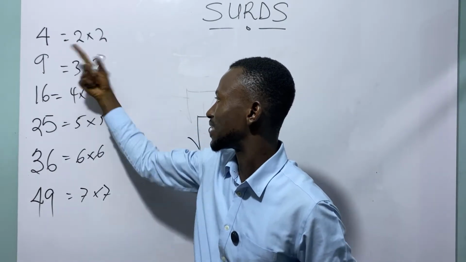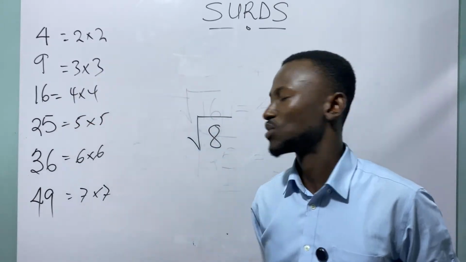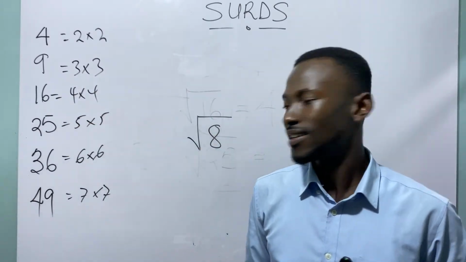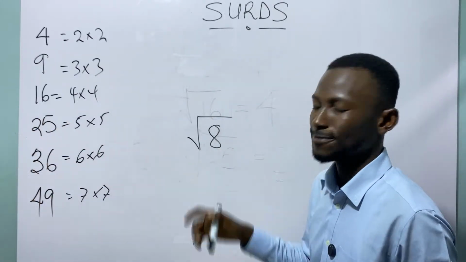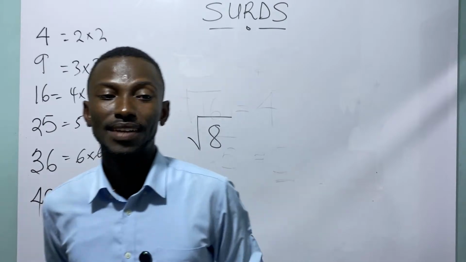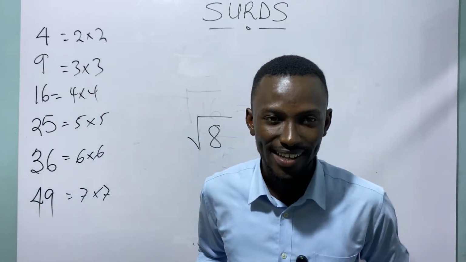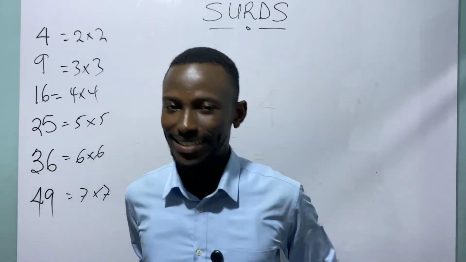We have 4, 9, 16, 25. So it continues. 8 is not part. They also have 64 and so on. So just check the rest. So 8. Now, if you are given a surd and want to simplify, question number 1, you have to ask